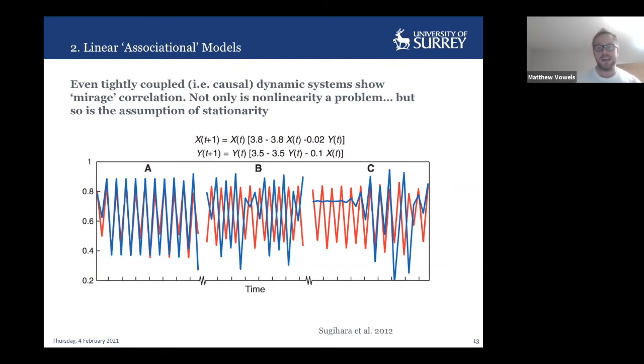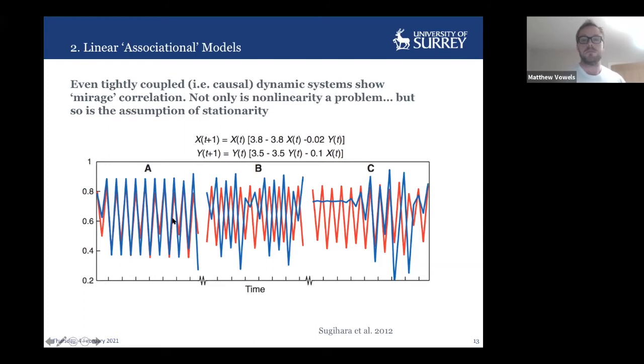even reversed. And quite often people are shocked by this and they say, oh, there must have been some regime change, some innovation in the system that's completely changed this relationship. Whereas actually what might be more likely is that you're just looking at a different point in time in a dynamic system. So these 3 graphs here are all the same system.